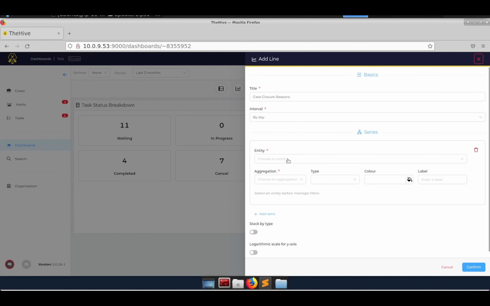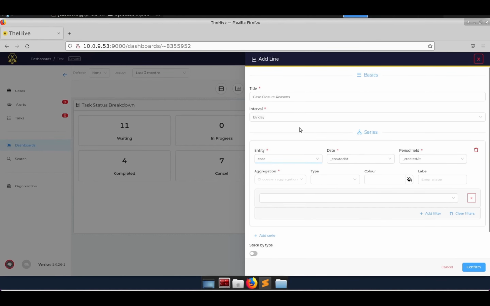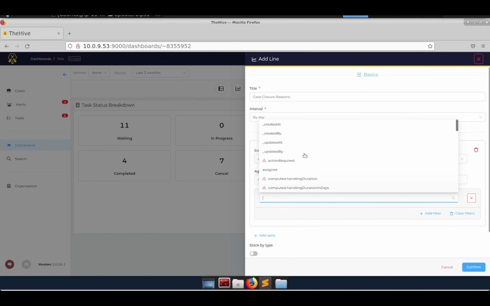We're going to add a series, right? So the first one is going to be cases, because again, we're looking at cases here. We're going to set the aggregation again to count, because we want to get the count of that closure reason, also known as statuses. We are going to set this as line. We're going to leave the color for now, and we're going to filter on, where is it? Status